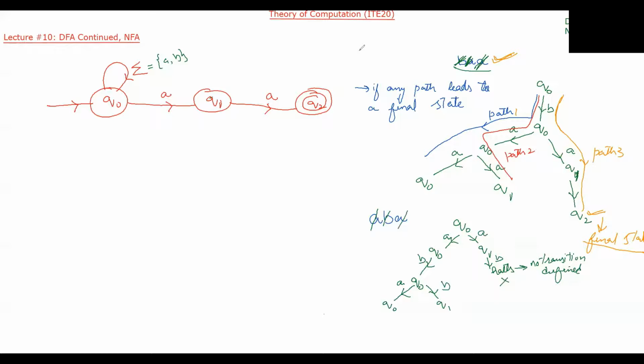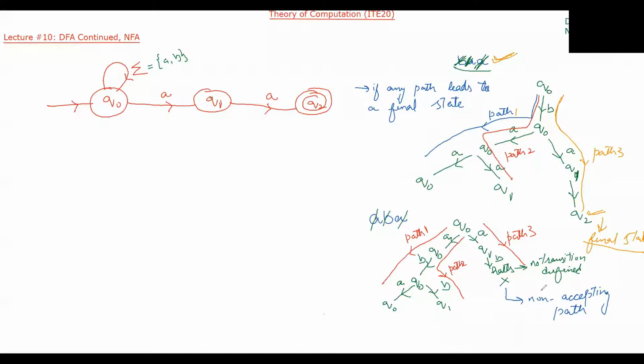Now let's see what are the possible paths. So the possible paths are, one is this path, path 1. Another is this particular path, this is path 2. And another is this path, path 3. So you have to remember, if any path halts, so this particular path halts here, path 3, so this path will be a non-accepting path. So if a path halts, that means that particular path is a non-accepting path.